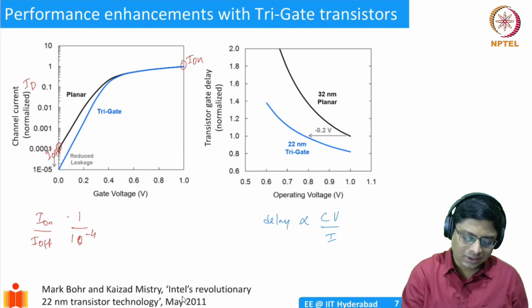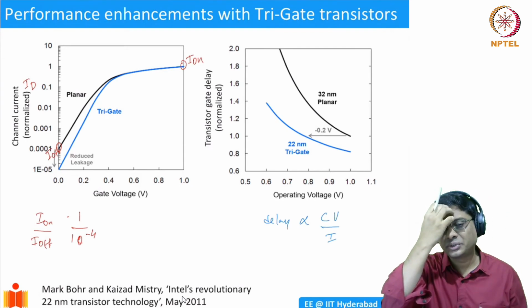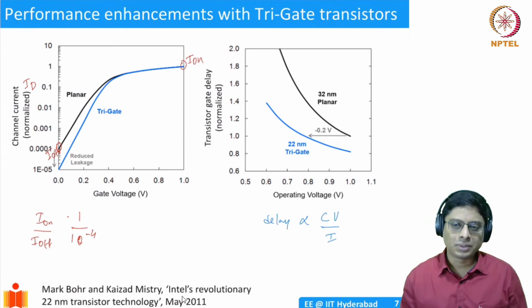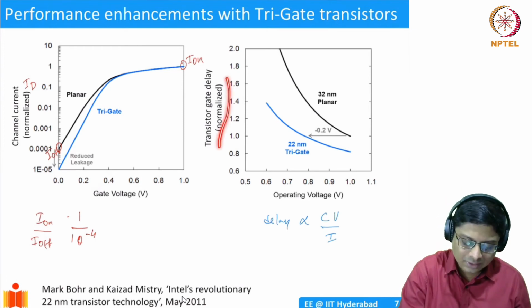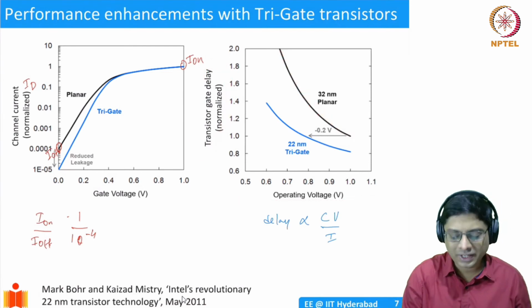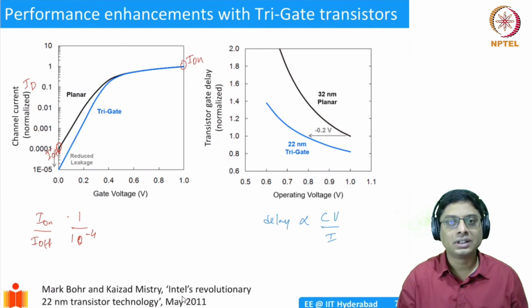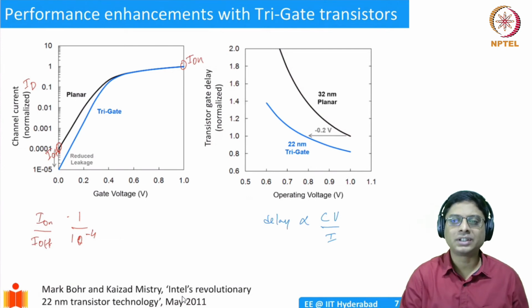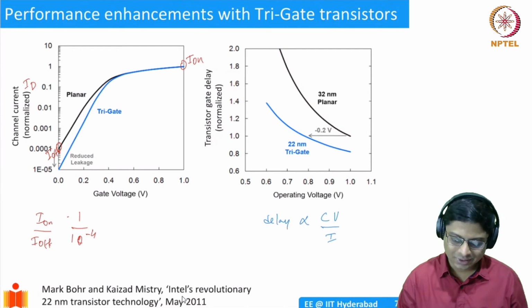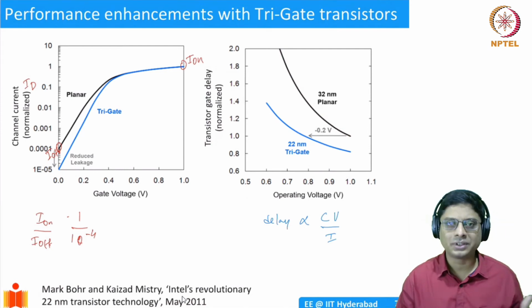So what happened is, we said that because of the threshold voltage, we could not reduce it further. We got sort of saturated, and we would like to reduce it further, but there were technological issues, as I said. But with Intel's Tri-Gate technology, if you compare the delay versus the operating voltage, in a traditional technology, it was like this. Whereas if you go to a Tri-Gate technology, we are able to achieve much lower delays for a similar operating voltage. So in principle, you could also reduce operating voltage and still get the same amount of delay. So that is how Intel also managed to improve the performance of a transistor. This was in the year 2011, so 1 decade back. Okay, so all of these technologies were developed within our lifetime, right?